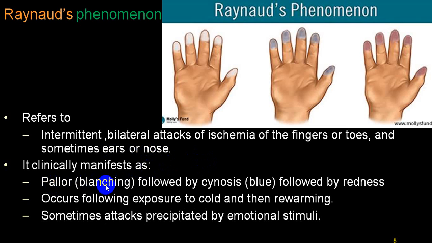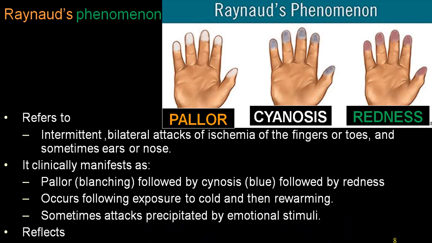So pallor, that is blanching, followed by cyanosis, that is bluish discoloration, followed by redness. It is after exposure to cold or because of stress, and with removing those, the findings disappear. You will have appearance of redness again. That's why we say that occasionally it is precipitated by emotional stress also. This is because of spasm of small arteries or arterioles. Pallor,